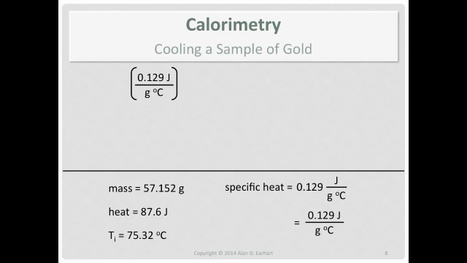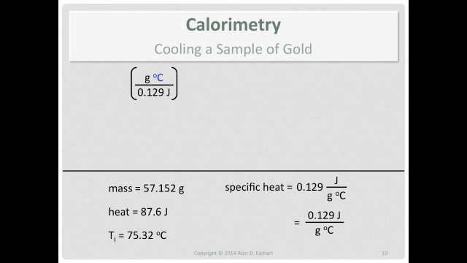Now, what's the problem asking for? If you scrub back, you'll see that we're looking for a final temperature. We're looking for temperature. This means we need degrees Celsius in our final units. So if you start with a specific heat capacity this way, you'll have your final units as 1 over degrees Celsius. That doesn't make any sense. What you need is temperature units in the numerator. So you take the reciprocal of the specific heat.